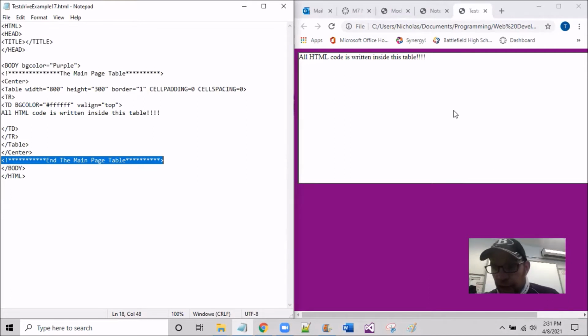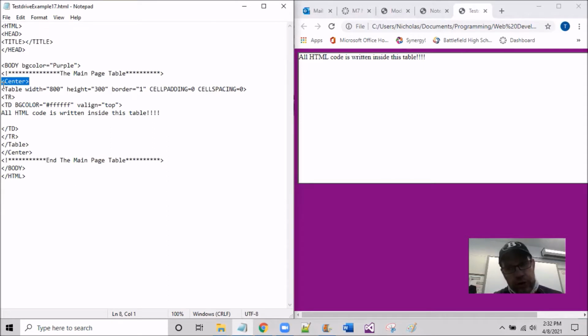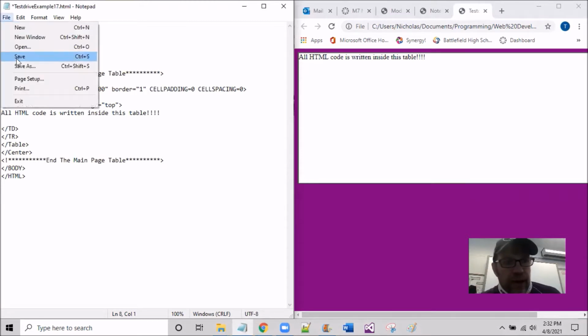It does look centered, okay? And that's what I'm going to get into right now. So there is a tag, which we'll talk about in the future as well, that's called center, right? And if I simply, and I'm not asking you to do this, but you can participate if you want to, if I simply take that center tag out, I delete it, and I go File, and I go Save,